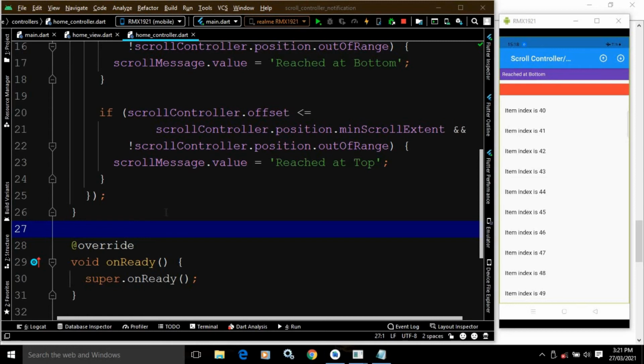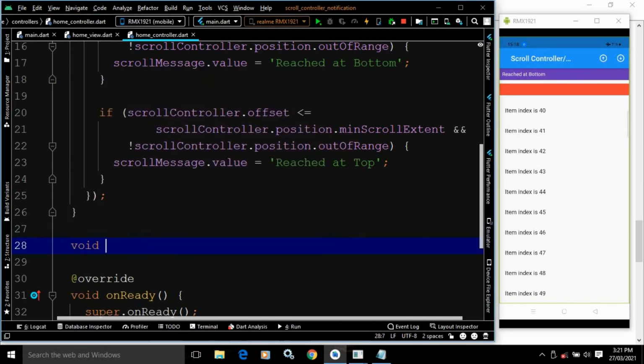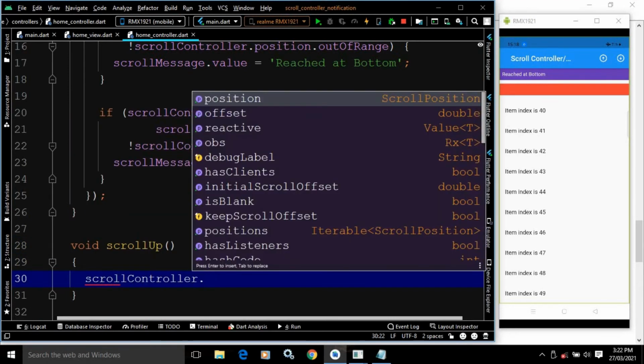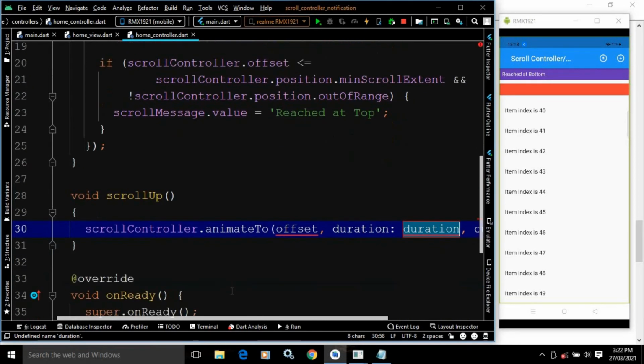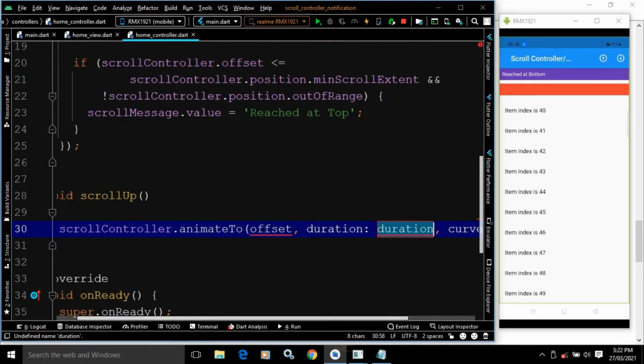Okay, now here I will create two methods to scroll up and down manually. So here I am creating a method scroll up, and here I will write the code. I am writing scroll controller dot animate to. This means if you want to scroll up or down with animation, then we need to use this animate to method. In the first parameter we need to specify the offset.